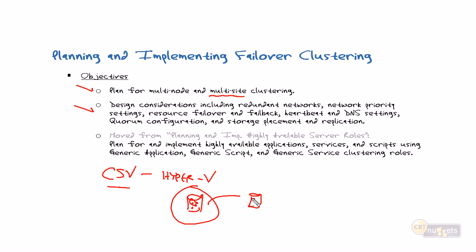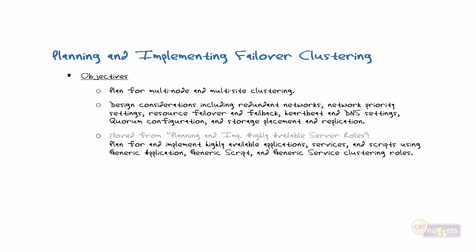Now, the third one down here is one that I moved over from planning and implementing highly available server roles. Here in the clustering subsection of this series, you're going to see a bunch of stuff that got moved around just because it made more sense for us to talk about that here. This is essentially the recognition that there are these generic application, script, and service roles that you can add to a cluster. They're there, you can use them. You really shouldn't use them unless you have some solution that has generally been pre-packaged in order to use them for one reason or another. So they're there, but you won't really find yourself using them too terribly much the moment that you finish passing